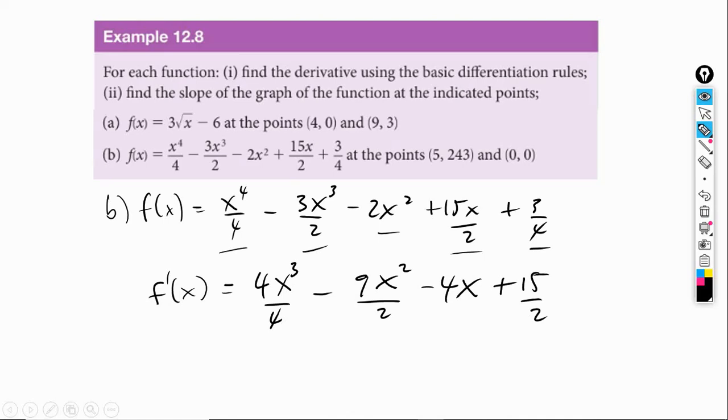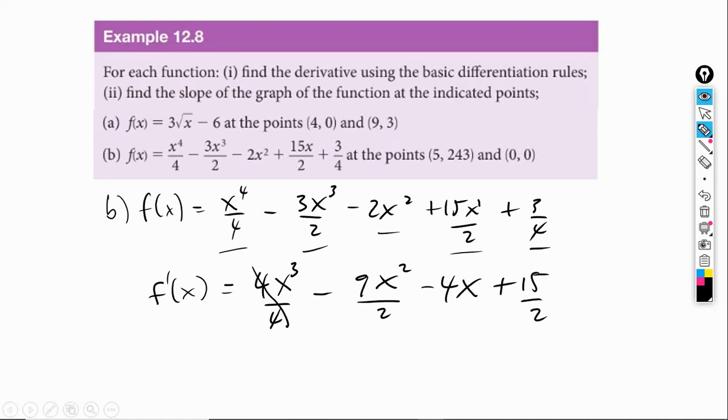Notice that here the exponent is 1, so the derivative would be multiply by 1 and then subtract 1 from 1, that's x to the 0, so basically it becomes just 15/2. Whenever you have an x to the power of 1 and you do the derivative of that, it's going to be the coefficient basically. So let's simplify this a little bit. We see that 4 over 4 cancels out. So this is the derivative, and they want us to find